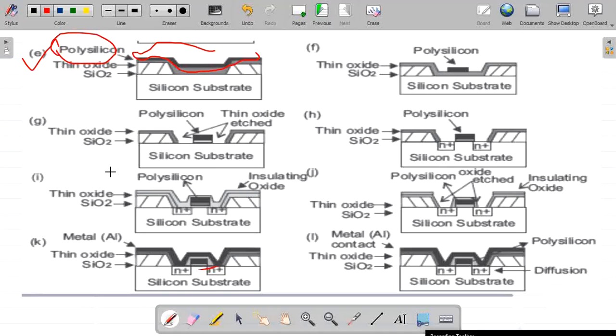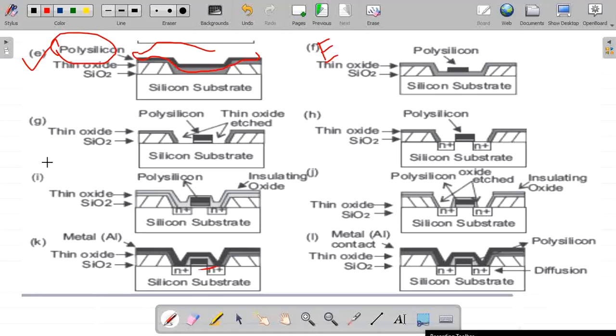Now I have already said what our final aim is. Our final aim is to get the gate terminal, drain terminal and source terminal. In order to get this gate terminal, I will do the etching process again. This is a complete repetition of the etching process. Etching, implanting, but the layers which we are etching and implanting play a major role. For the gate formation, except for this region, I have completely removed the polysilicon layer in the sixth step.